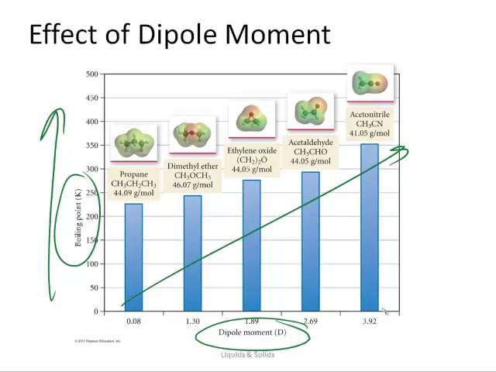forces. Acetonitrile, a very polar molecule, has a much higher boiling point, and is actually a liquid at room temperature, while propane, a molecule that we know is nonpolar, with virtually no dipole moment, is a gas at room temperature. Okay, and we'll discuss this further. That very special case of dipole-dipole interactions is referred to as hydrogen bonding. And this is the specific dipole-dipole force